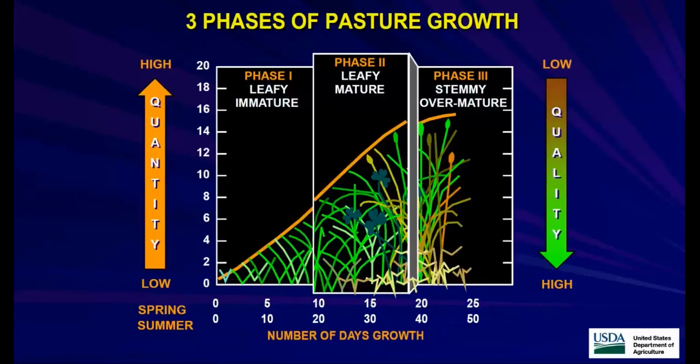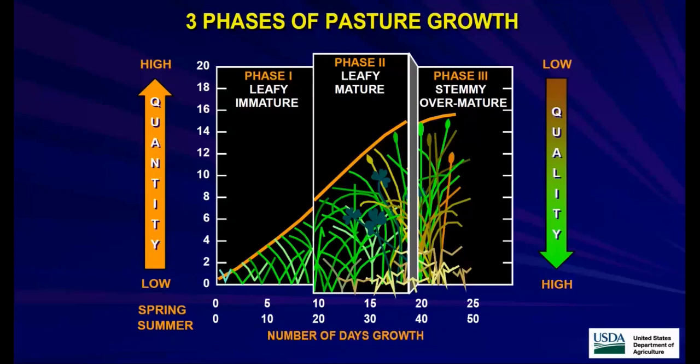And so what we're really looking at is there's 3 phases of pasture growth. In the early spring, when it's young and it's just beginning to grow, it's really high quality when it's 2, 4, or 6 inches tall, but there really isn't enough quantity there for the animals to meet their dry matter intake requirements. When we get to the second phase, in the middle of this slide, where it's leafy and somewhat mature,